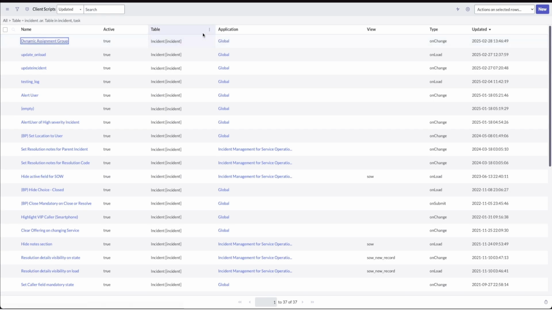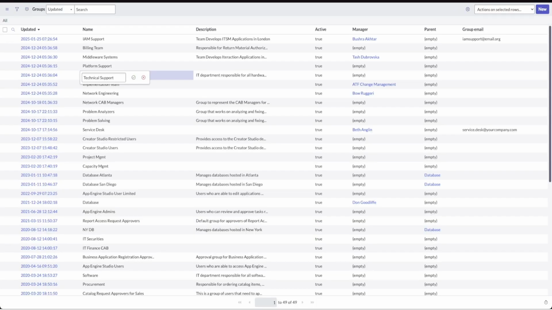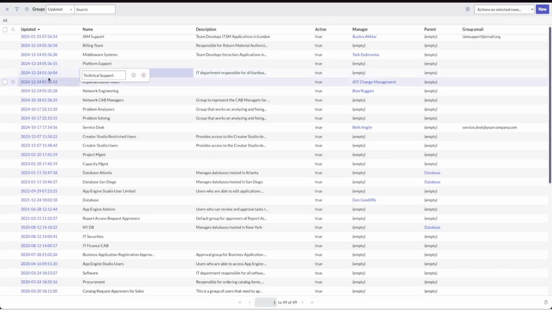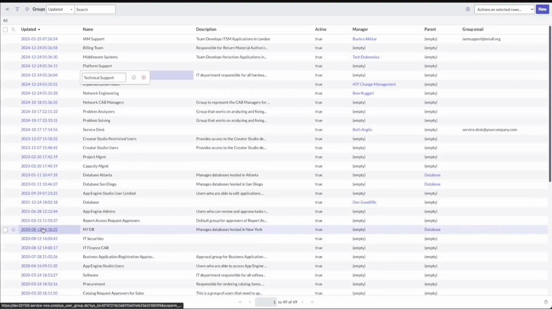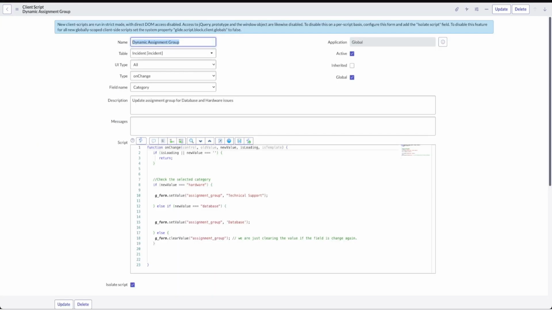So what we're going to do is reopen, and we're going to change the value. Instead of using the name, we're going to use the sysID. So let me click here and look for the database group. We're going to open that as well, and extract the sysID of that record. So here we have the technical support group. Copy the sysID. We'll bring it over,